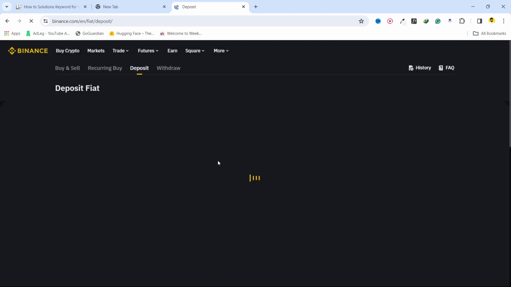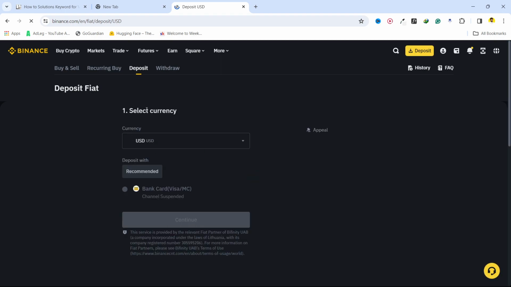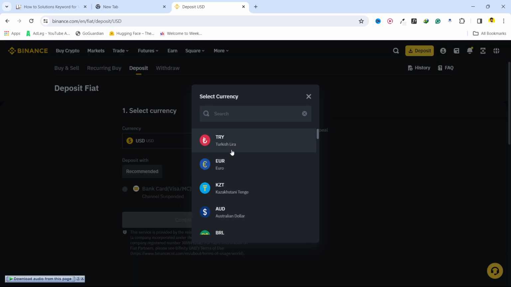So once this page of the bank deposit is open, you need to wait for a few seconds until the page is loaded. Here you need to select currency. So you can select different currencies. So I am going to select USD, and here you need to